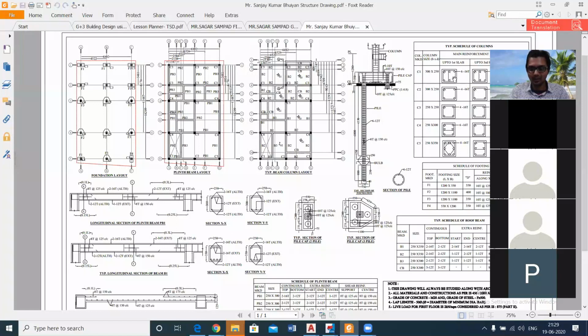Sir, my ultimate goal is to learn all the software, literally. But I have to give preferences. I cannot learn everything at once. So you have to give preference to your structural field if you want to go in that direction, and the remaining you can work on as a side thing. Okay, sir. Thank you, sir.